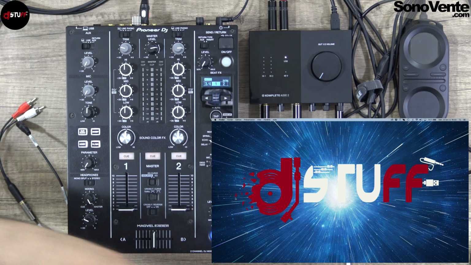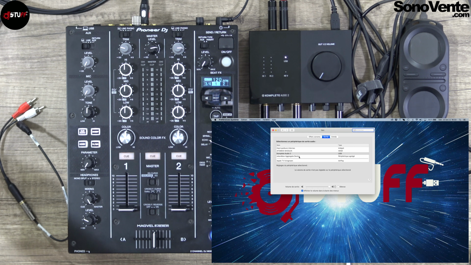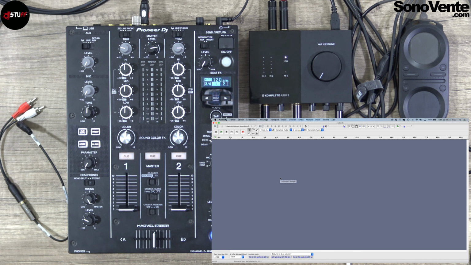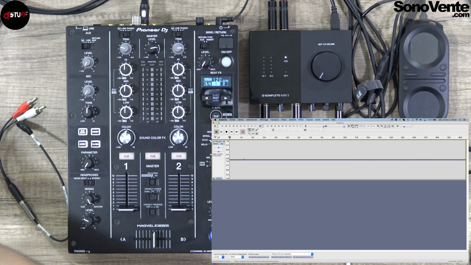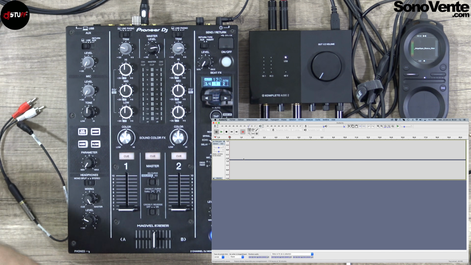After, you check on your computer if the sound card is on input and output. Okay, audio 2, it's correct. You go to your favorite recorder software. It can be Audacity, it can be Ableton Live, it can be GarageBand if you have. I make a pause rec to see the record level. Yeah, it's pretty good. So I can move my trim control, my gain control, if I want more level or less level. And after I push record, and here we go.